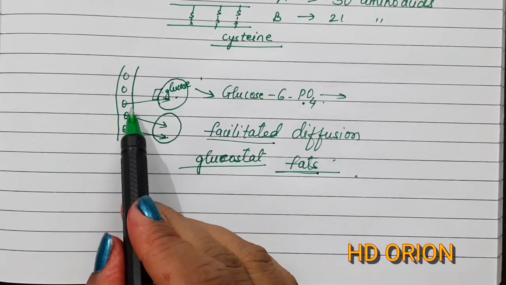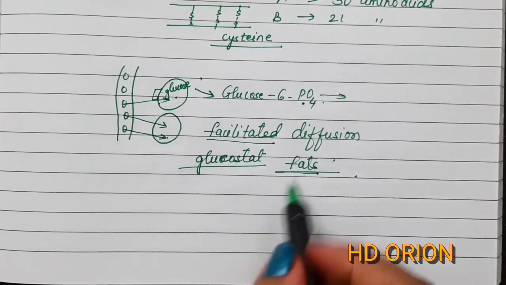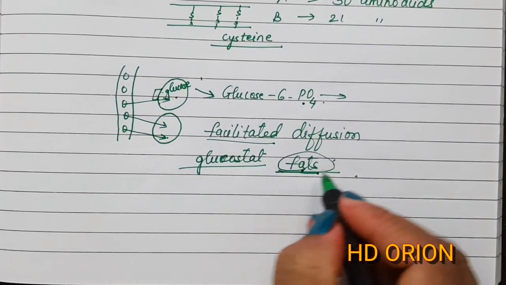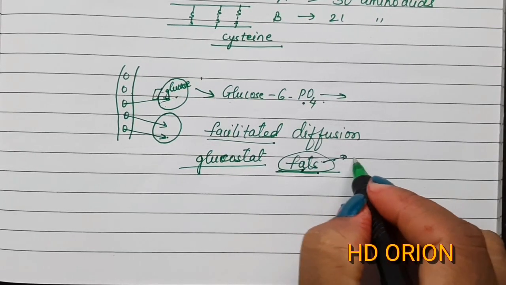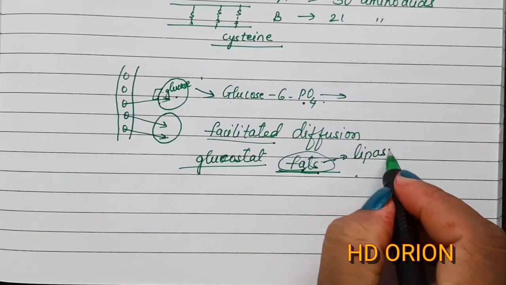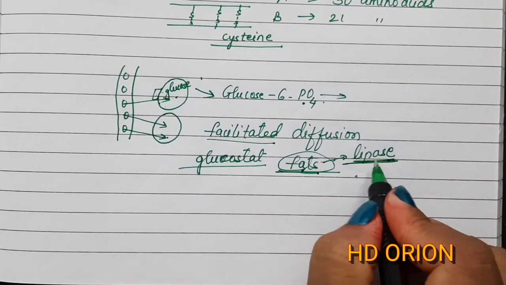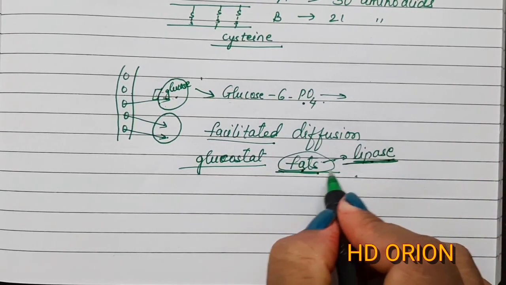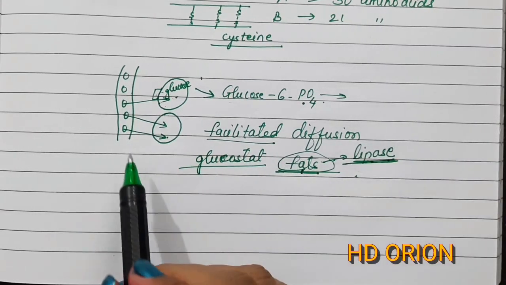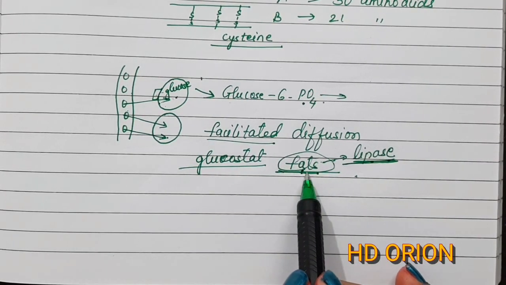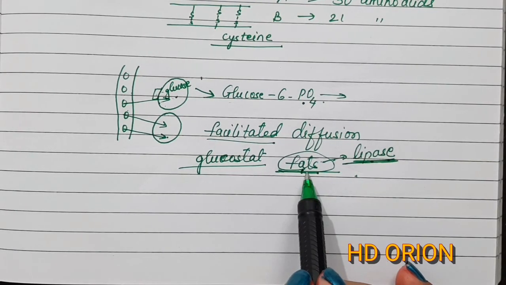Now in the presence of insulin, the fats are not readily digested, because fats are digested by an enzyme called lipase. So insulin inhibits this lipase. If lipase is less in quantity, how will the fats get digested? So if there is enough insulin, fats are stored in the adipose tissue, and therefore a person has enough fat.